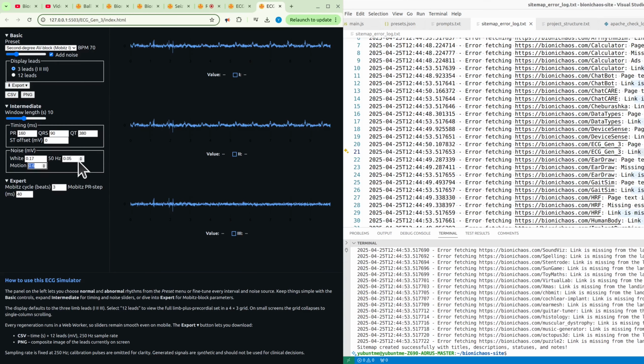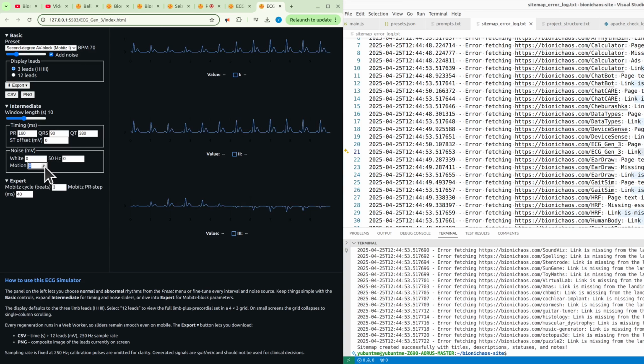Certainly. Looking at the noise settings, the white noise is currently set to 0.17 millivolts and has a range from 0 to 0.5 millivolts. The 50 Hz noise is set to 0.03 millivolts with a range from 0 to 1 millivolt. The motion is at 0.1 with a range from 0 to 1 as well. So I removed all the noise to 0 and we're looking at the 3-lead normal sinus BPM 70. Oh, actually we could have just removed the noise there